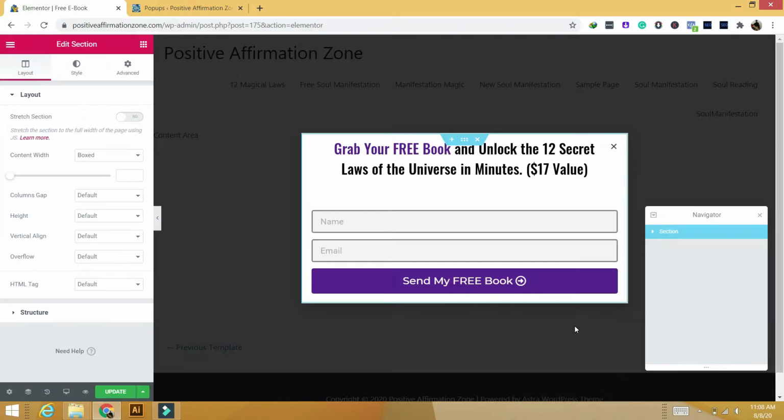Before proceeding forward, make sure that all of your content is in one main section. That is, there is one main section, and in that section there is a column, text editor and inner section. So make sure that all of your content is present in this main section only. Now what you have to do is simply right click the main section and click the copy button,